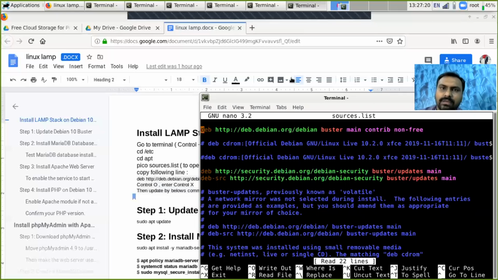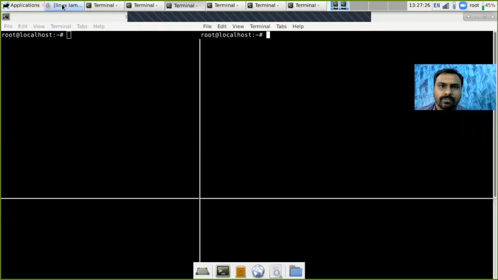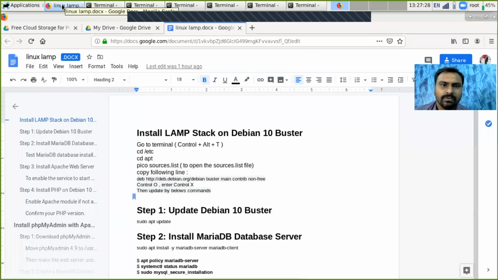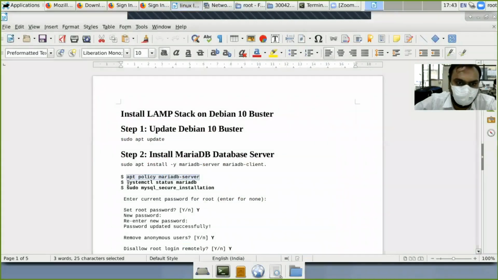Then you have to give the update command. Then apt update, and then install the MariaDB server with this command. Just copy this from my file and paste it.